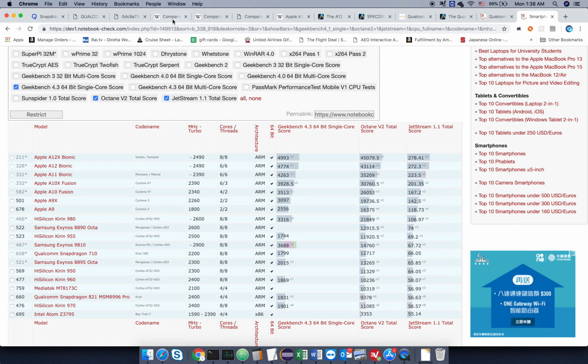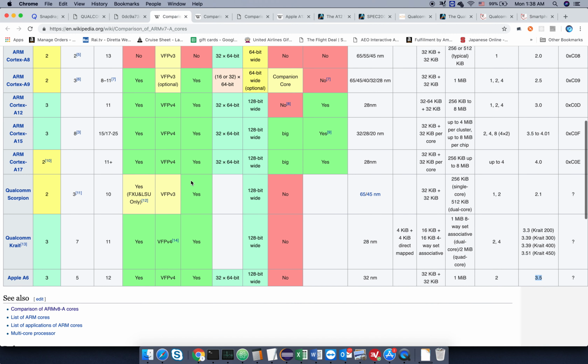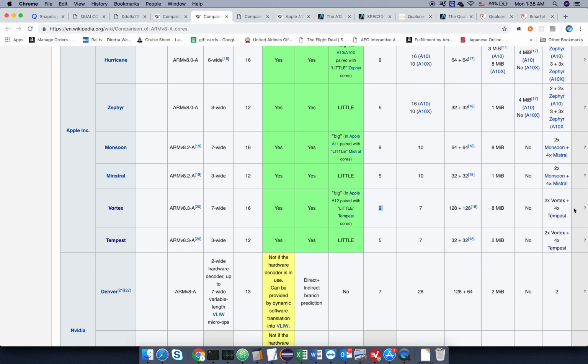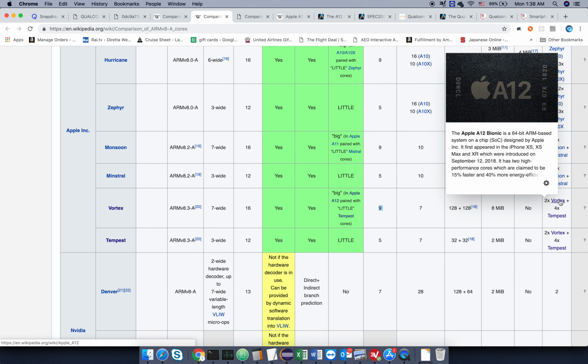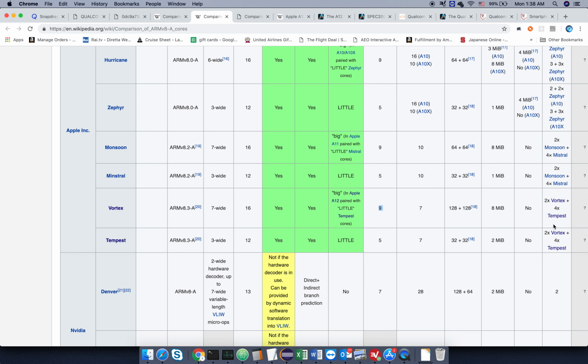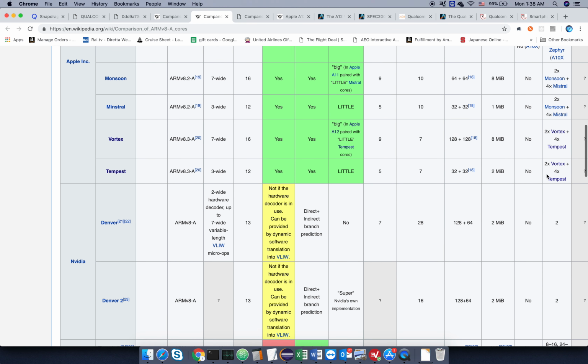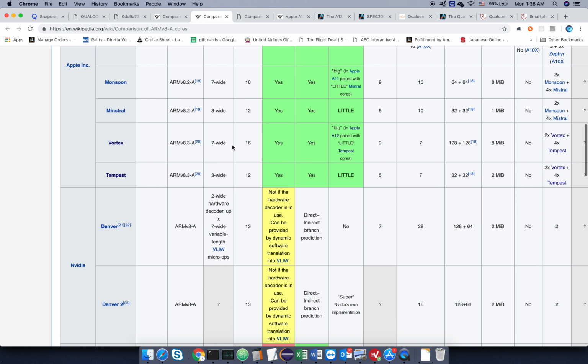So if you look at the configurations, let's just compare the new ones. Apple uses two of these high performance Vortex cores and 4 Tempest. These are the power saving cores. So 6 in total. But really, when you're running JavaScript, only one of these Vortex cores is active, right? And then they are, as we discussed, super powerful.